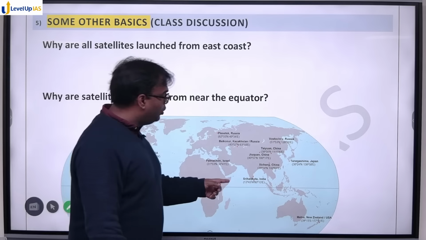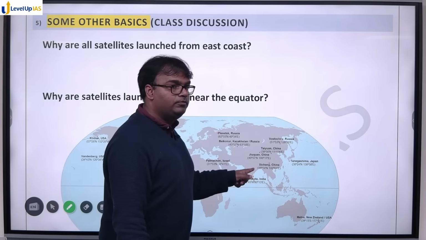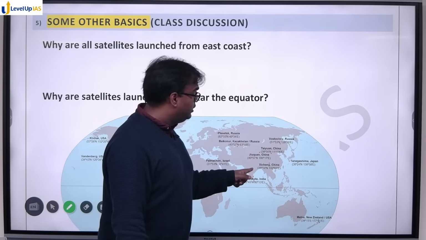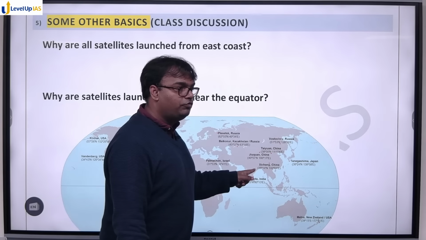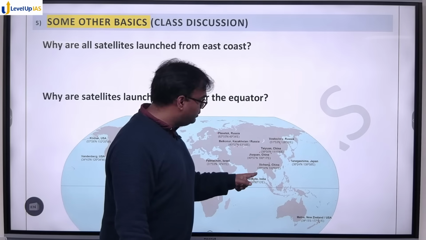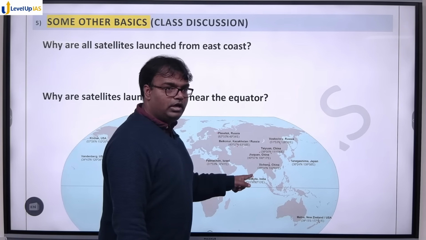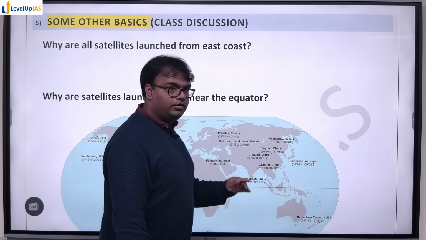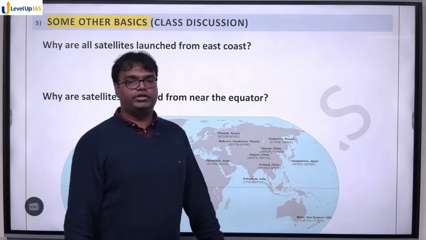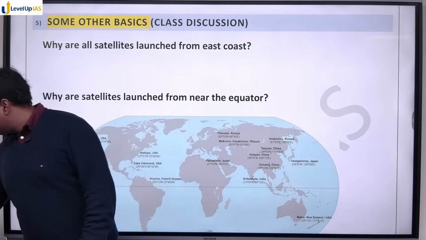India, when India launches missile, it is launched from Dr. APJ Abdul Kalam Island or Wheeler Island near Odisha. But when it comes to launching of satellites, it is launched from श्रीहरिकोटा, आंध्रा और तमिलनाडु के बॉर्डर पे. तो हम भी इक्वेटर के पास जाने की कोशिश कर रहे हैं. Why is it so? It's because think of this, अर्थ